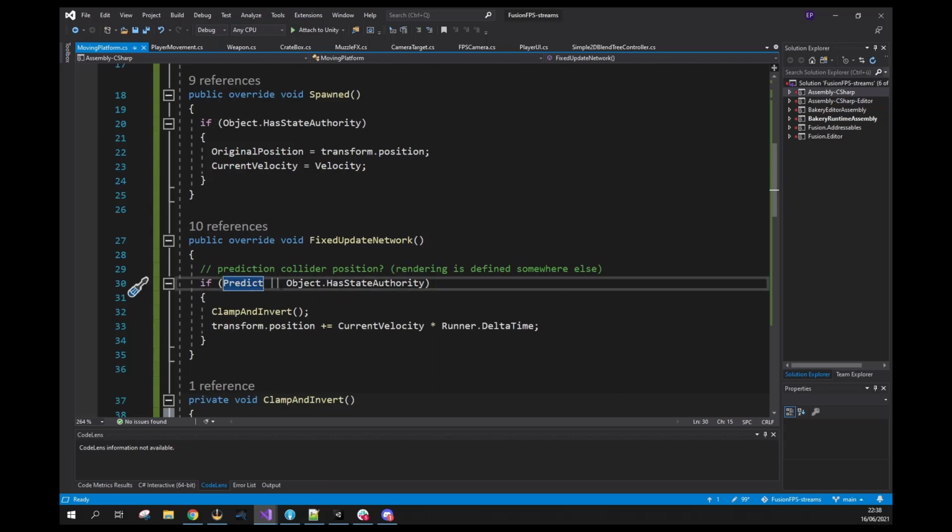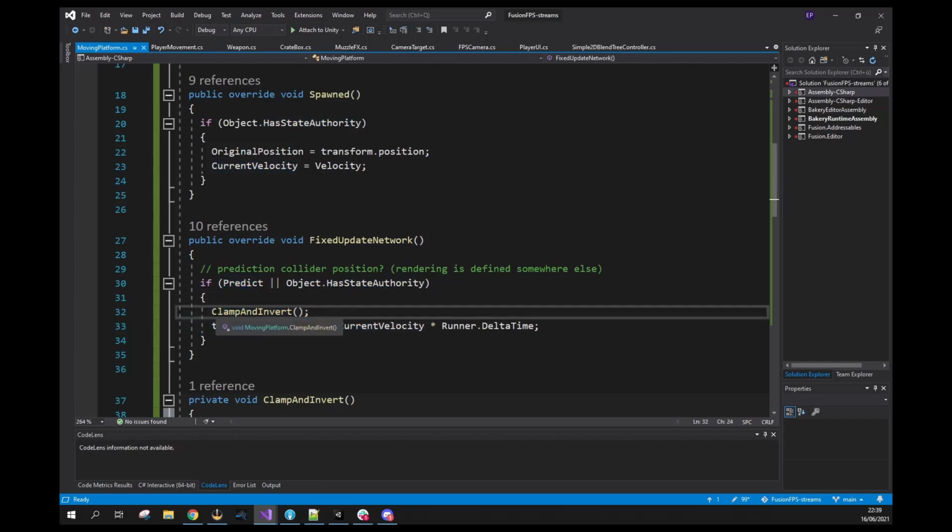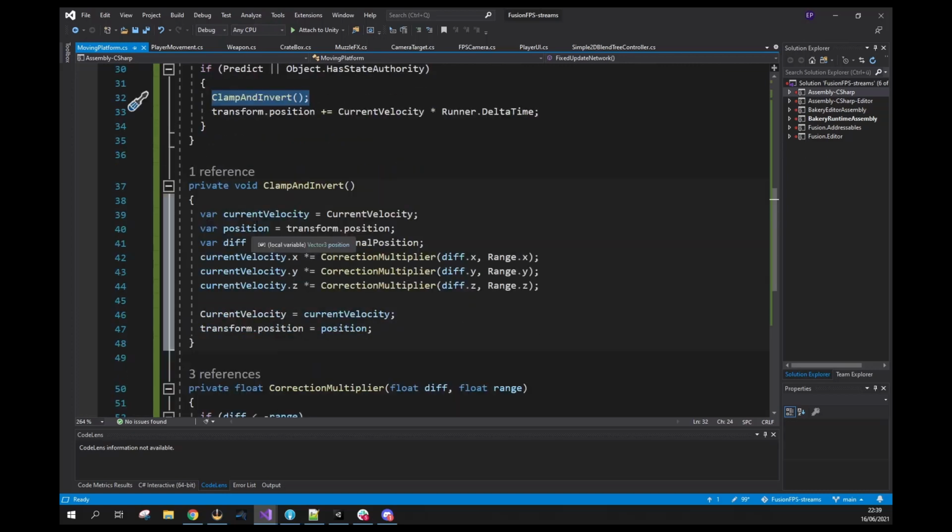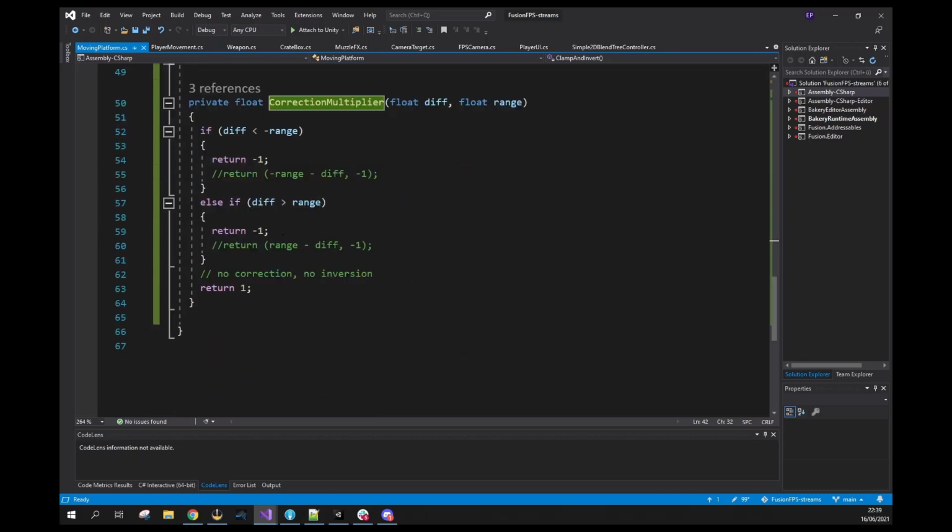That's totally local. So either if I'm a state authority or on a client, if I want to predict the platforms, what I do is I go ahead and check if my current position difference to the original position means I have to change direction in any of the axes here. So I do the check here on the axis, and